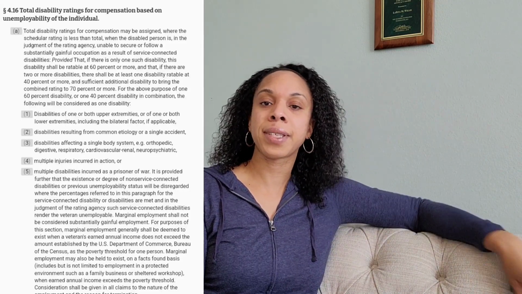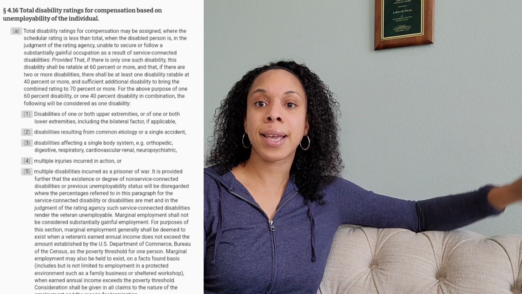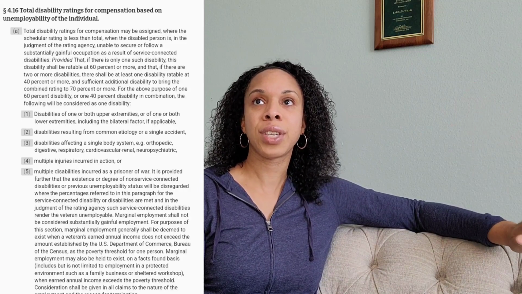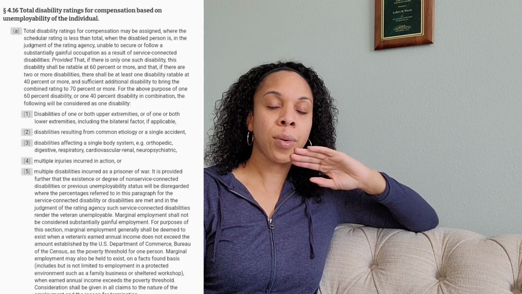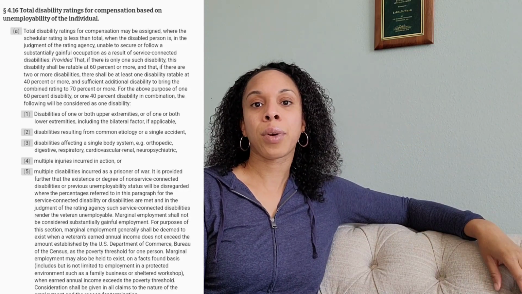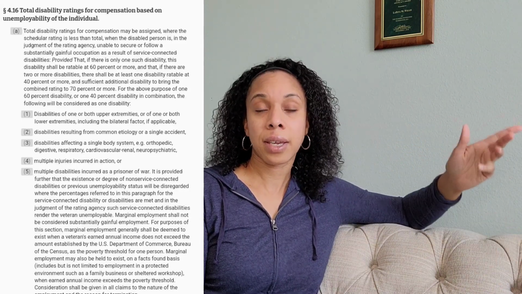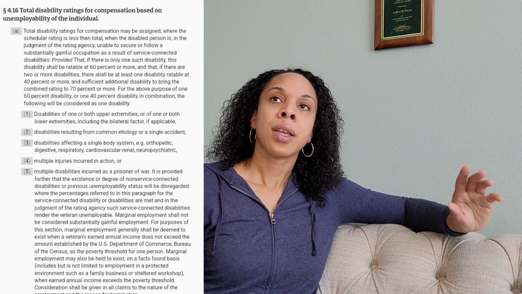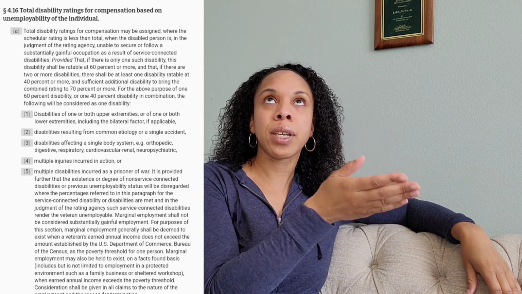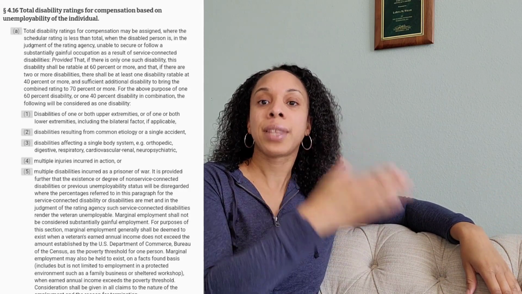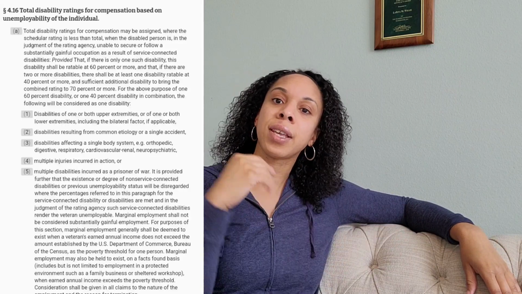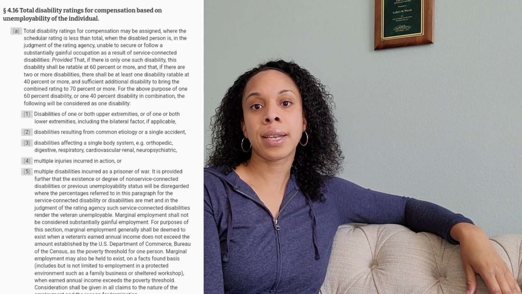And then the Director of Compensation either puts out a memo and says, okay, yes, even though he or she doesn't meet the rating code requirements, this person cannot work and we should still give him or her TDIU. That's a pretty lengthy process to go that route versus, let's say you get denied for TDIU because